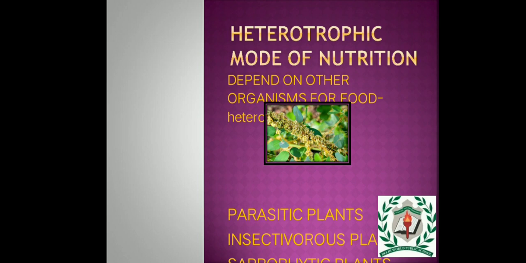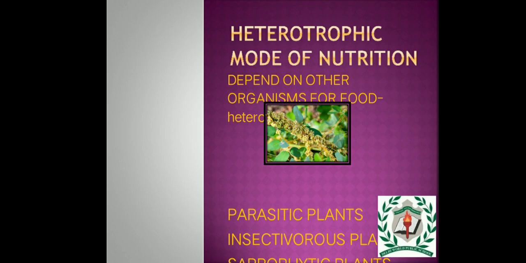In the beginning of the class itself we discussed that heterotrophic nutrition is nothing but the consumers. That is, some living organisms depend on other living organisms for food. These organisms have the heterotrophic mode of nutrition, and the organisms which undergo this are known as heterotrophs. All animals, including humans, and the plants that cannot carry out photosynthesis are heterotrophs. Monotropa and Cuscuta are examples of heterotrophs. We will discuss the different types of plants in the coming slides, children.